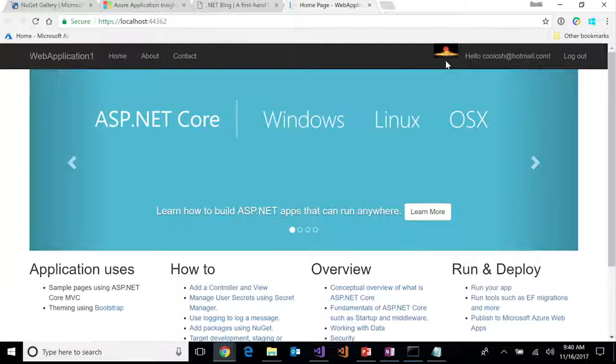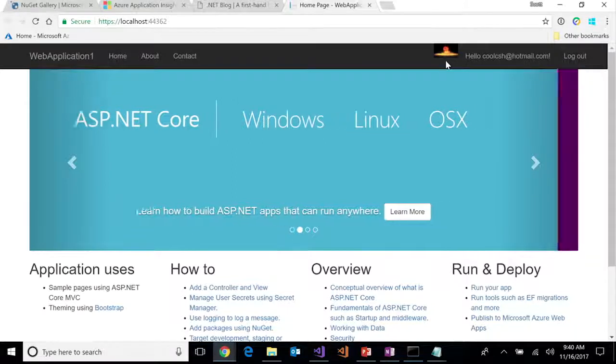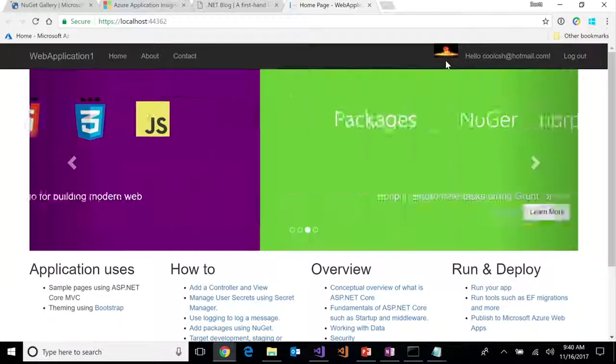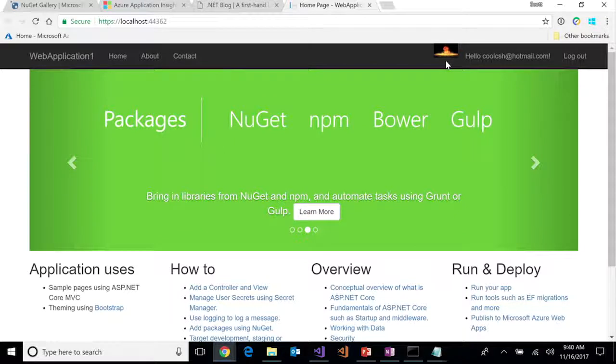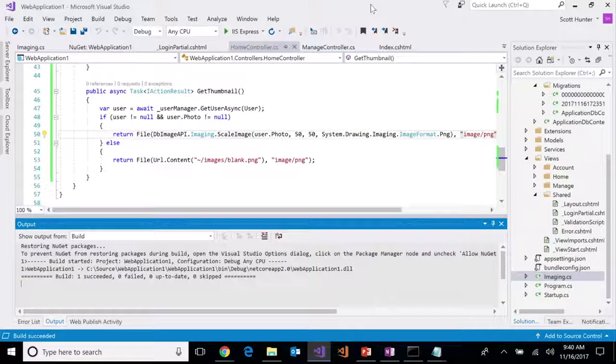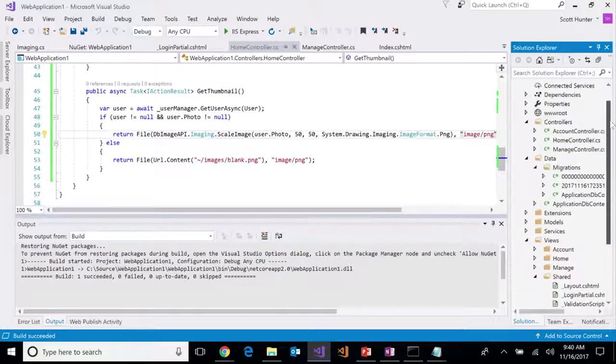So in what, 15, 20 minutes, we basically went from nothing to being able to add a new column to a database, being able to add it to the view model, modify the HTML, write a simple API to return it. Very simply to turn this app into a pretty cool app. I want to show one final part of this, and we're going to move on. If I wanted to,